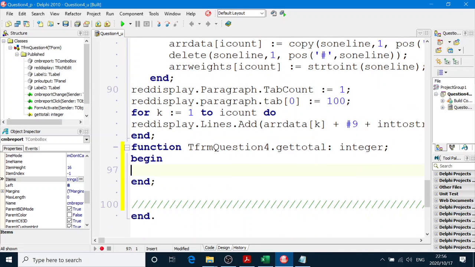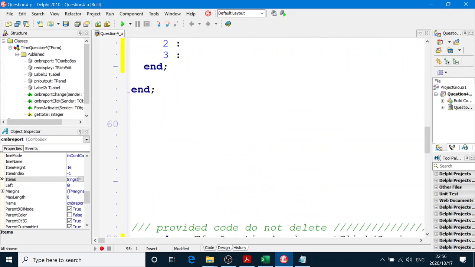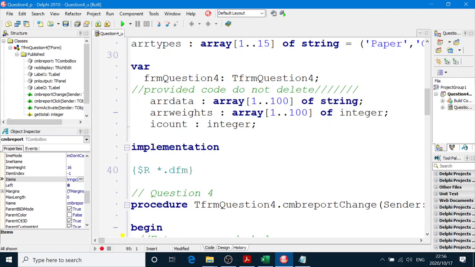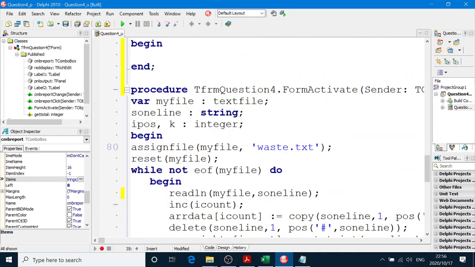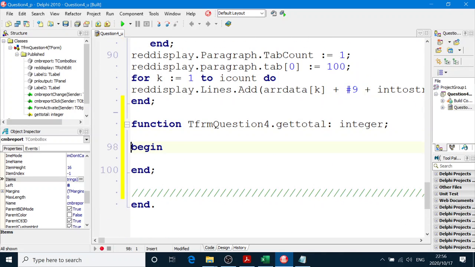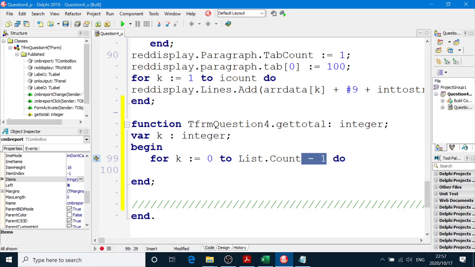I don't have to have any parameters coming into my function, and the reason is because, why? My arrays that I'm dealing with are all global, and I'm going to go through all of ARR weights and calculate a total. For getting the total weight, we don't have to worry about what kind, if it's recycled or landfill or whatever. We just have to worry about the weights. So here's my little function I've written here. I'm going to use a for loop going from the first box of the array to r count. So for k equals 1 to r count,